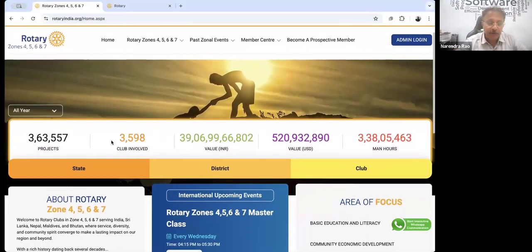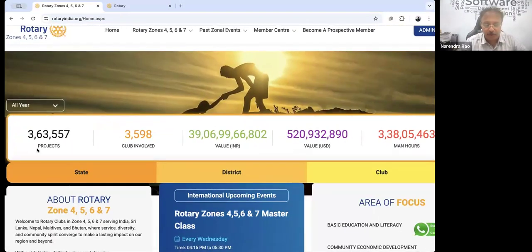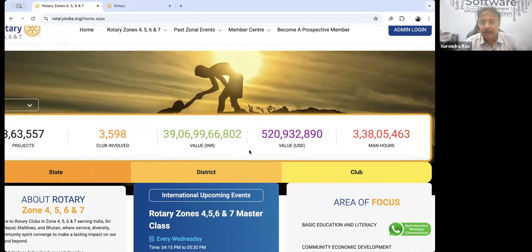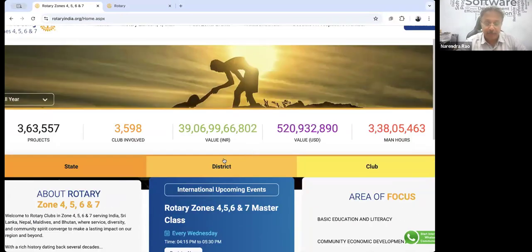When I click on view, can you see this number? 3,63,557 projects by roughly 3,600 clubs, worth 3,906 crores of rupees, already added by various clubs in the country. That means you will see the story of what is happening in the entire India on one screen itself. As Guruji very specifically said, there is no other place in the world where you can get this number. Only India has that.